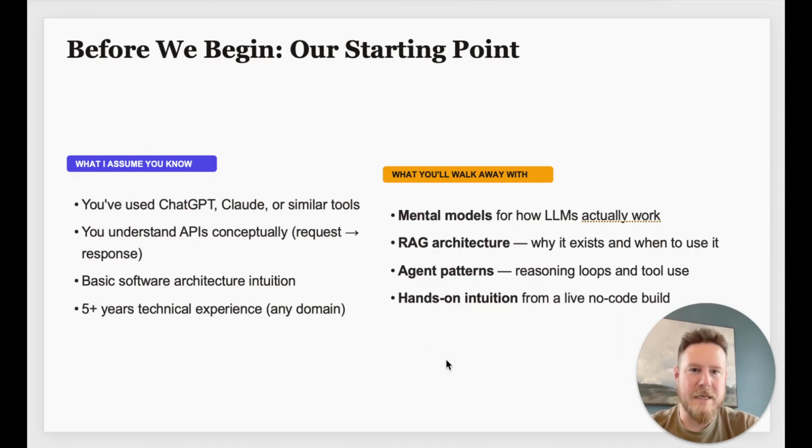On the right is what we would expect that you'll learn today: how large language models actually work underneath the hood, why they hallucinate, why they have knowledge cutoffs, what RAG is and why it helps to address some of these challenges and why it matters, and then also how agents build on top and extend RAG with reasoning and tool use. If some of this is a review for you, that's perfectly fine. The demo will be where things get hands-on, and hopefully you learn some more and how to apply it there.